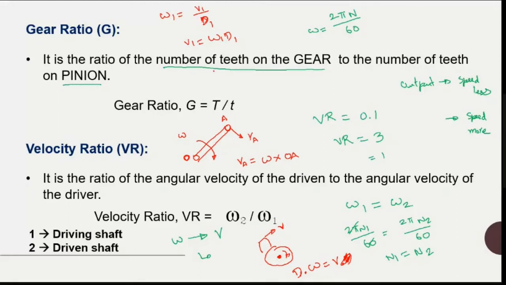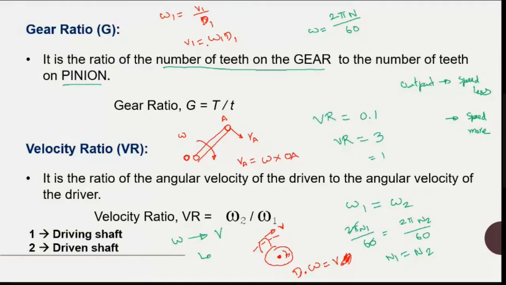Okay. So let me consider, you have the same velocity. When it transfers, the velocity is the same. Sir, here D is what, sir? Capital D is the pitch circle diameter. You will have a pitch circle here from the center to this, so that diameter is the pitch circle diameter D. Okay, sir. That is where it will have contact. Anyway, we will discuss it in the next slide.